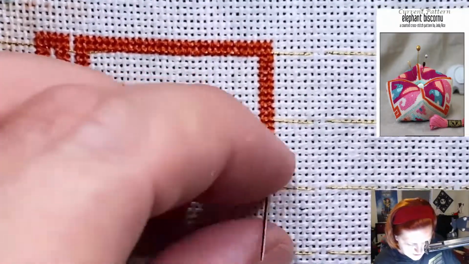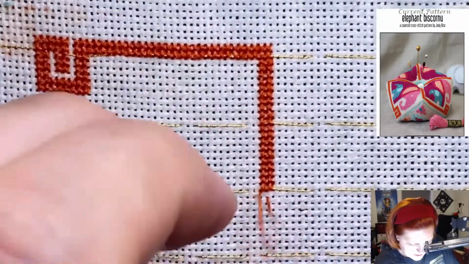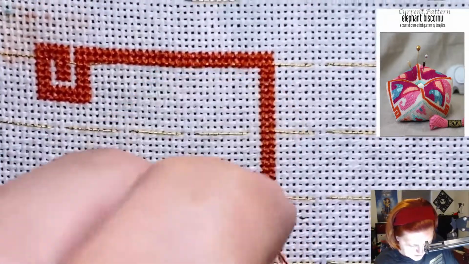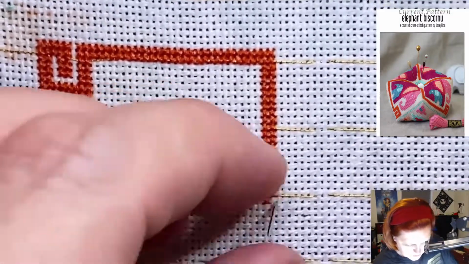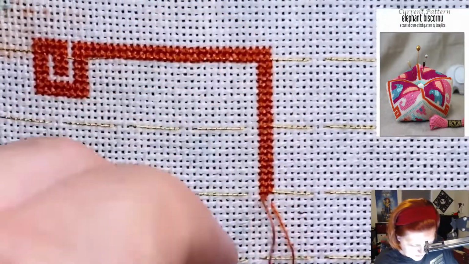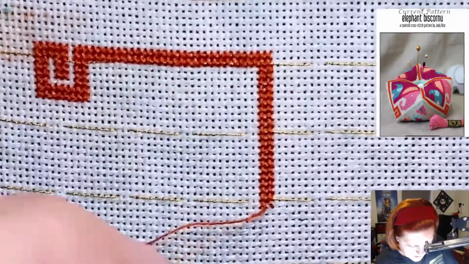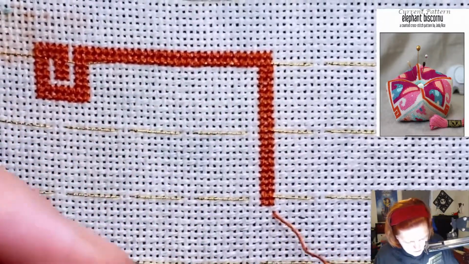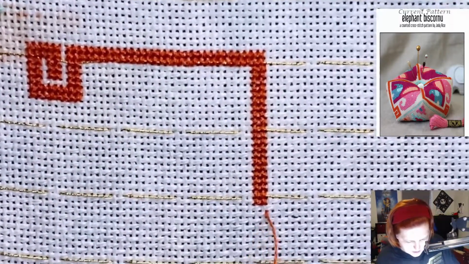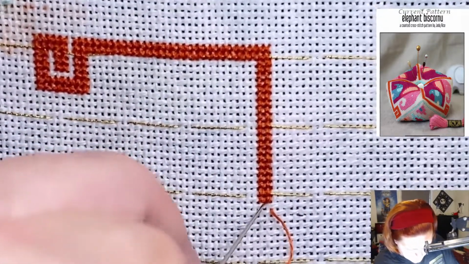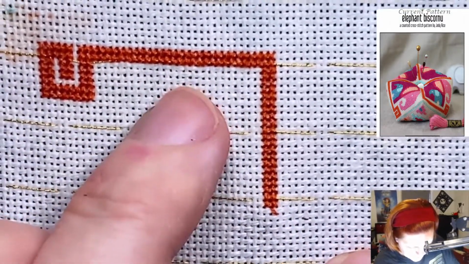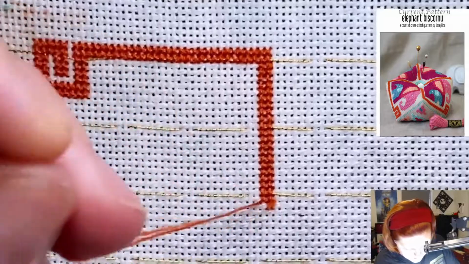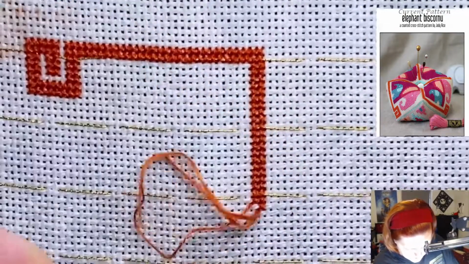Almost done with this strand. Let's see, I don't know if it'll reach to the end of this area. It'll be a close call. And then I'll end this thread, and then we'll end the video. It's getting too close to the end. I think this is only going to allow a few more stitches before it's done. It's getting a little fuzzy.